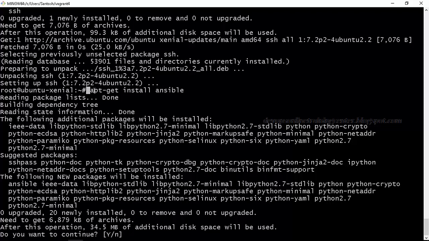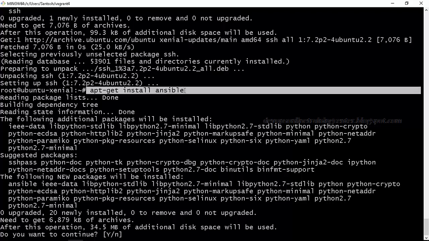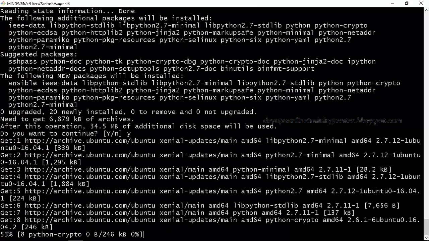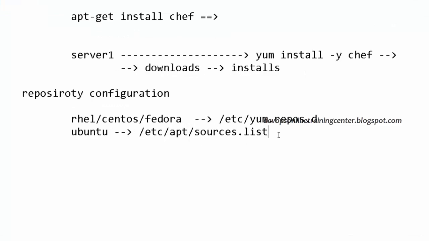From where is it picking up Ansible? It goes to the sites mentioned in /etc/apt/sources.list, and it tries to install Ansible from that particular site, right? So this is how we can use apt-get install, and if I say yes, it will install all the packages one by one. When I say apt-get install Ansible, it goes to /etc/apt/sources.list, looks for the website where the Ansible repositories are stored, checks for the dependencies automatically, and then installs the dependencies one by one.